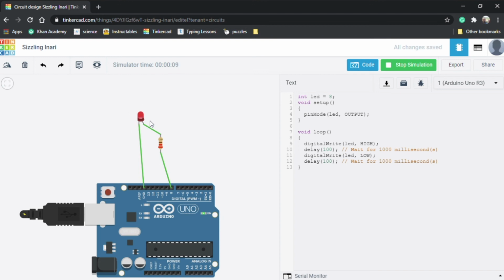So that is how this virtual Arduino simulator works. And like this you can create other projects that we can create in the real Arduino board using this virtual simulator, so that you can check out how this program works, or if there is any error or not. Or if you don't have an Arduino board, you can get the experience of using one with this virtual simulator. So that is how you can create a virtual Arduino project using the Tinkercad website.